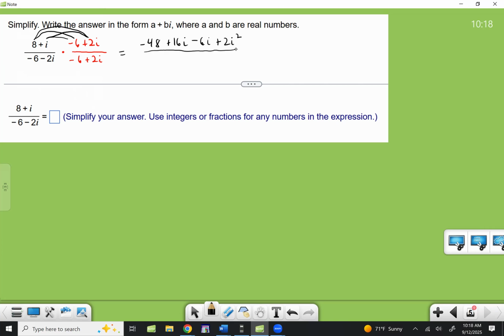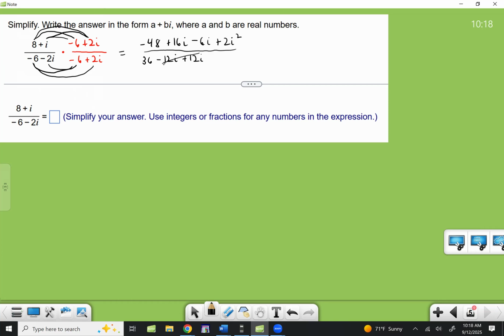Now on the bottom, you can do all of the FOILing, but you're going to see that the outer and the inner are going to always cancel each other out. So I often just do the first and the last. Okay, let's show you that. So a negative times a negative equals a positive. Now right here, what we're going to get for the outer is a negative 12i. And then what we're going to get for the inner is a positive 12i. That's no coincidence. When you have conjugates, complex conjugates, those will always be opposites of each other, and they'll cancel